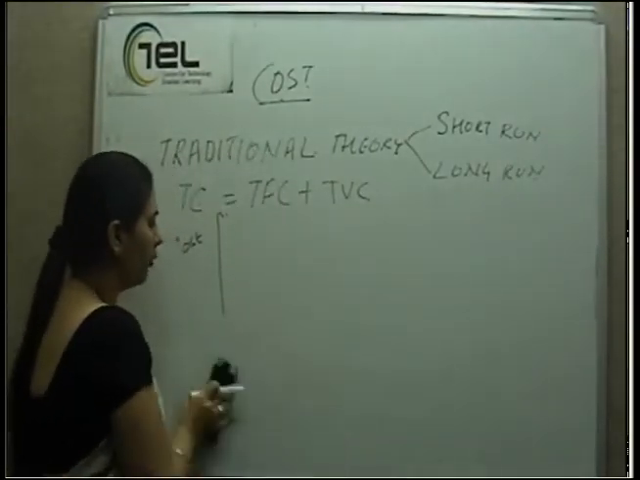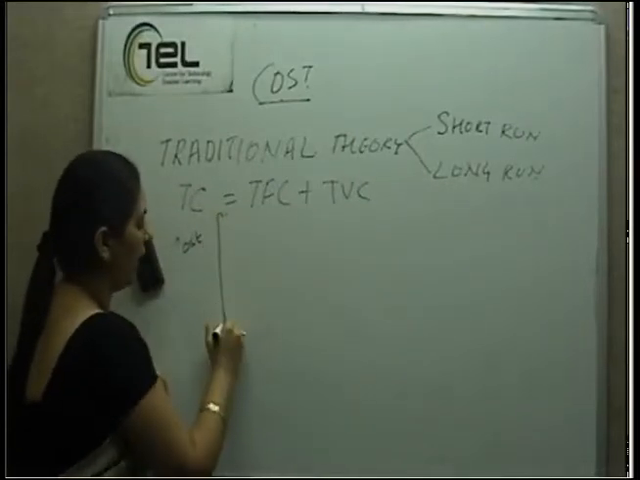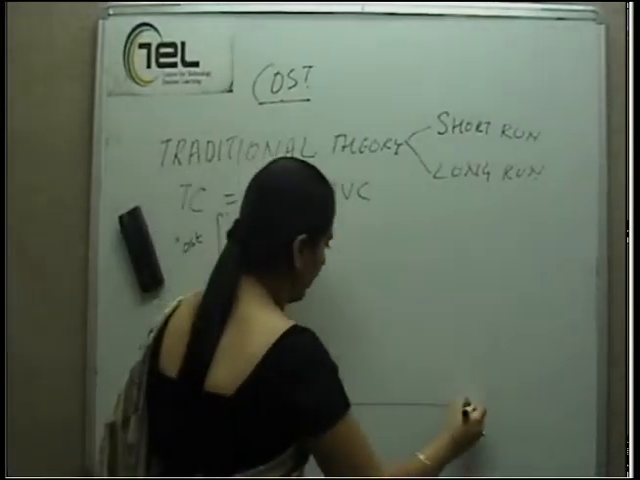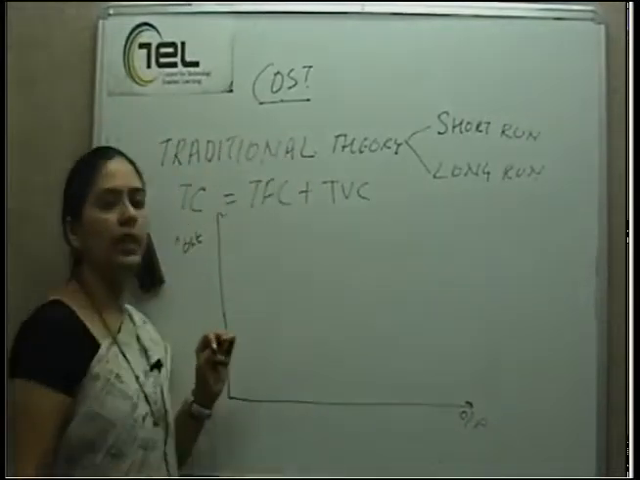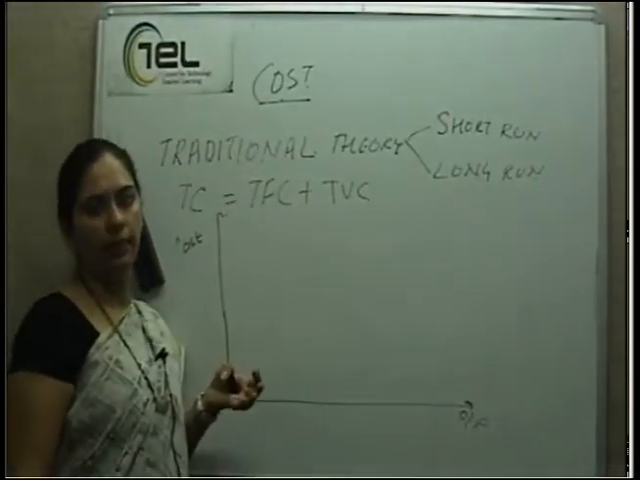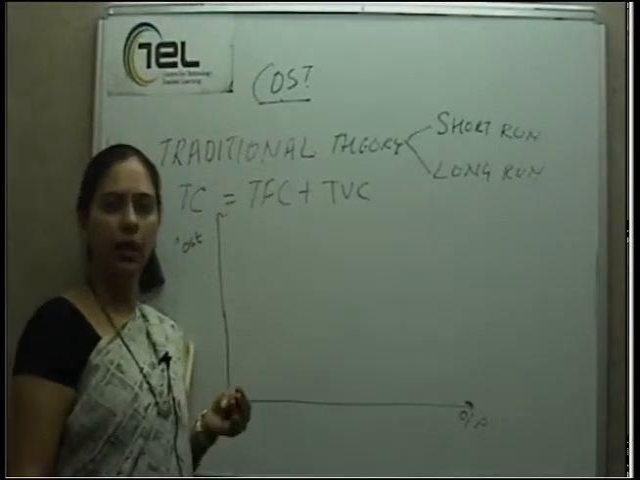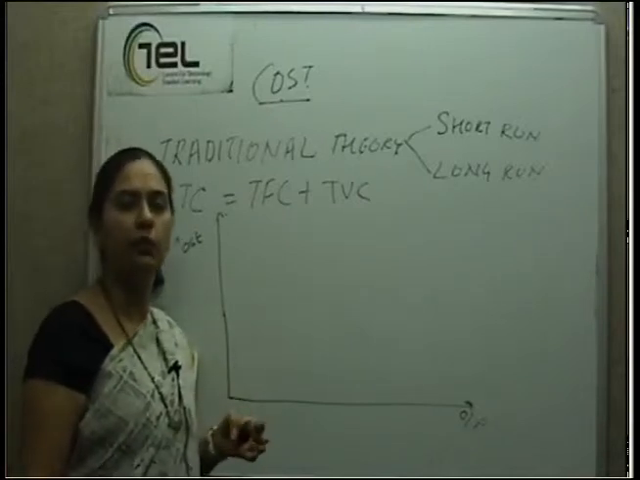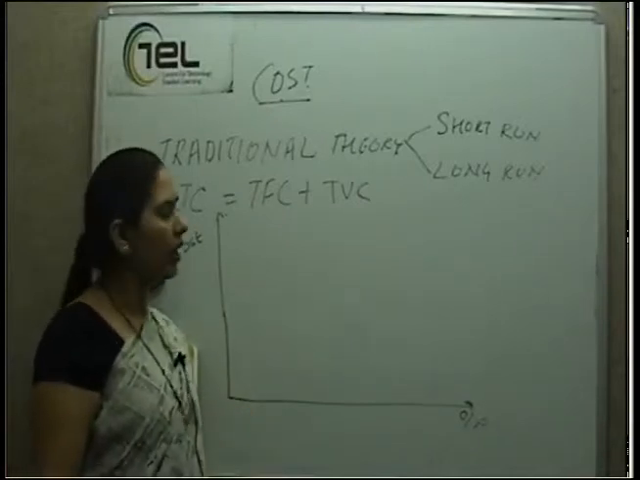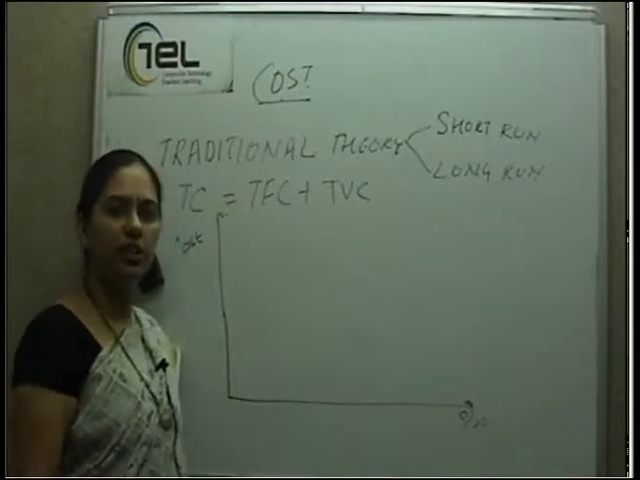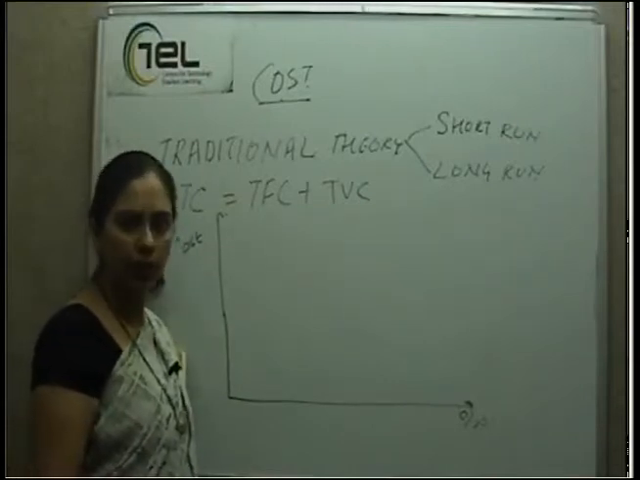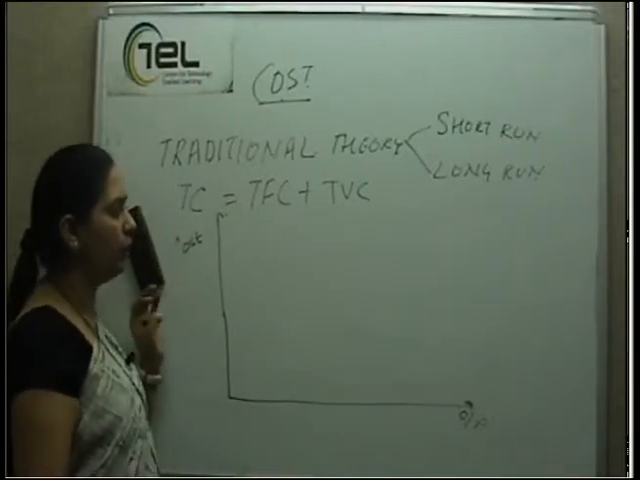Now total variable cost, again as a concept we are aware, is cost which varies with output. Say if I am increasing my labor, so I am increasing the cost, that is the wages which I pay for that labor. So total variable cost changes with change in the level of output. Now if I put this total variable cost in a graph,